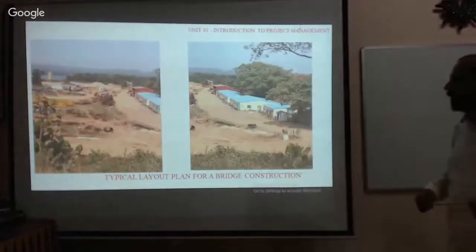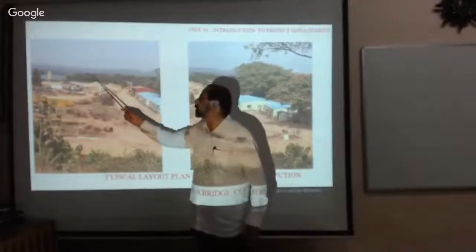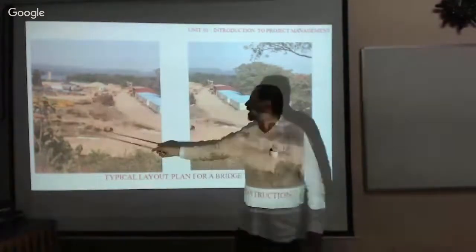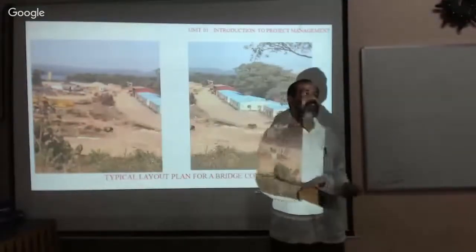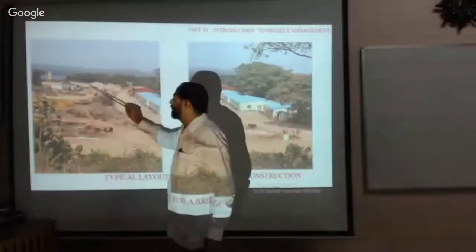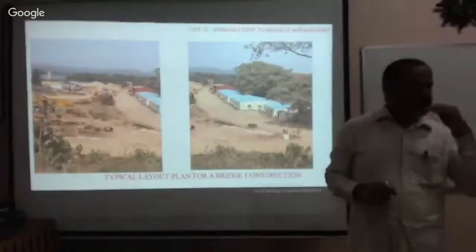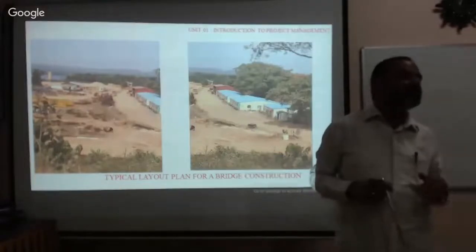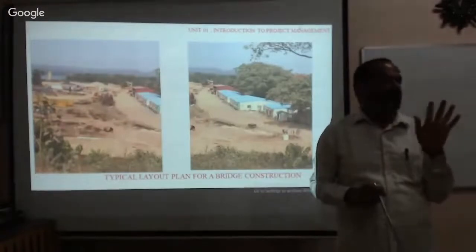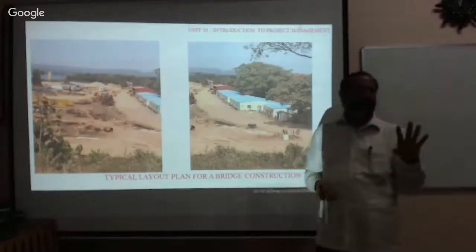Because when these people are working, nobody should get into the way. The activity will not be disturbed at all. Steel and other items are kept away because they are rarely used. The aggregate, fine aggregate and coarse aggregate plant is used continuously, for the foundation, for the superstructure, and for everything. It is easy to transport. Therefore, you need to design and provide it in the right manner. Then what happens?